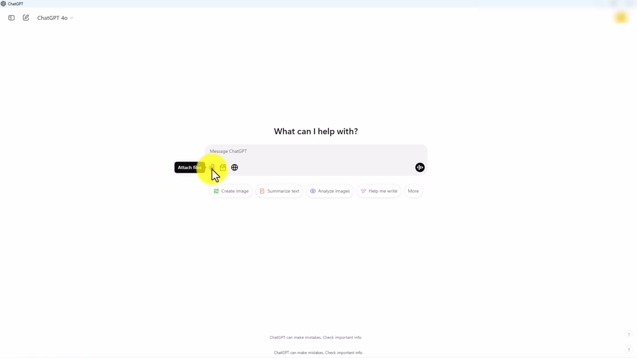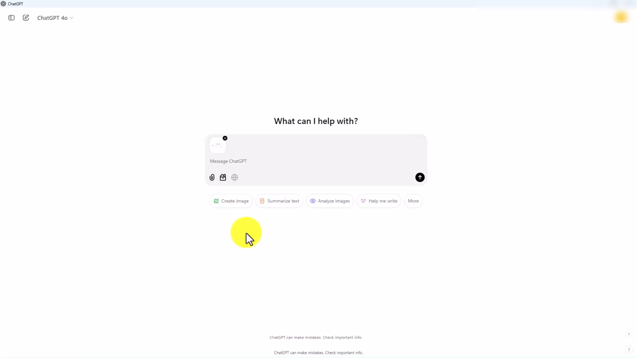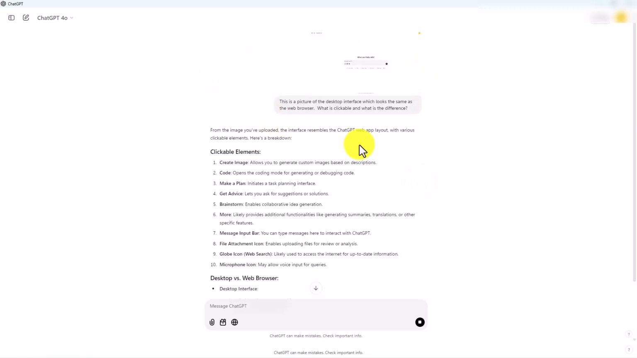For example, if we click on this clip, what you're going to notice is that with ChatGPT using this desktop version, we can use ChatGPT to take a screenshot from the actual application. So we can click on this element and we can take a screenshot. Once you've taken the screenshot, you can then interact with ChatGPT based on the screenshot. We can then click enter, and you'll notice then that what ChatGPT will do is interact with the image that